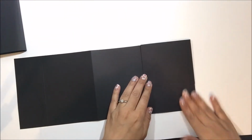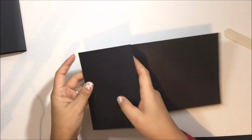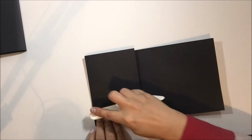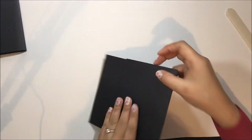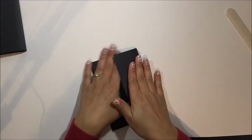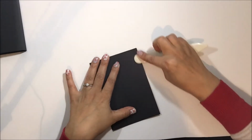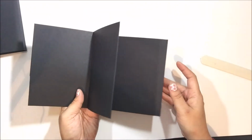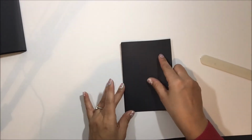Then I'm going to fold over, and I'm going to do a mountain, and I'm going to burnish. Then I'm going to go back over and do a valley, and then I'm going to go back again and do a mountain fold. And then this last fold, I'm just going to fold up. So now I have my little booklet. So I'll be able to add pictures or journaling spots or whatever kind of memories I want to add to